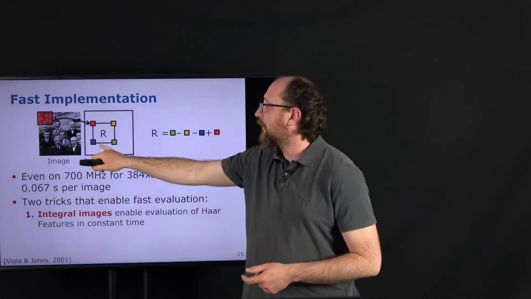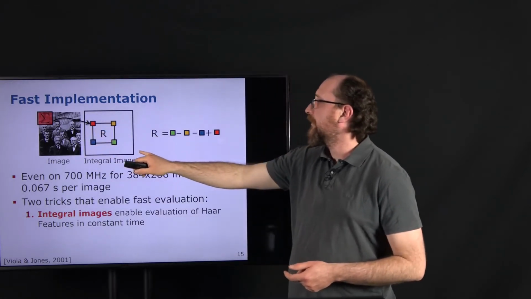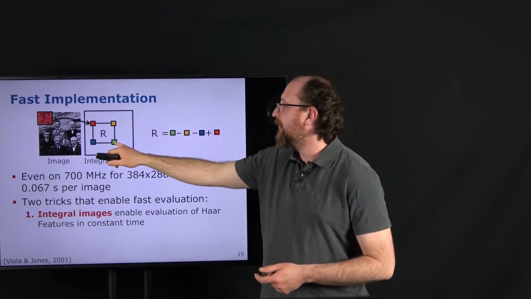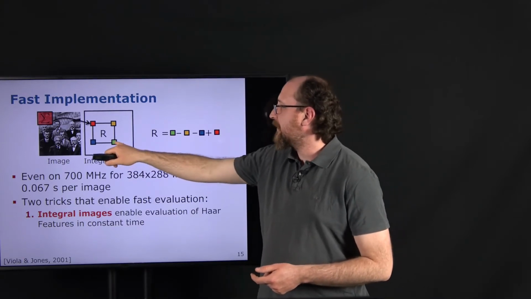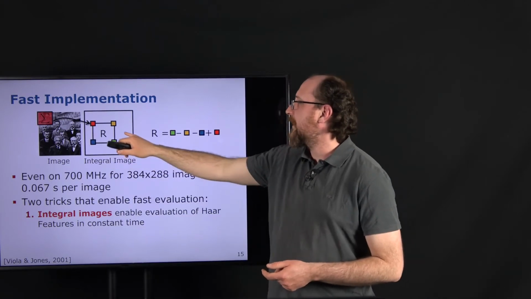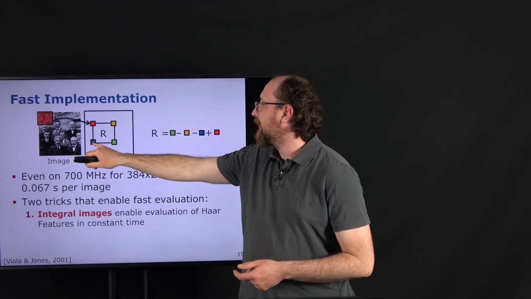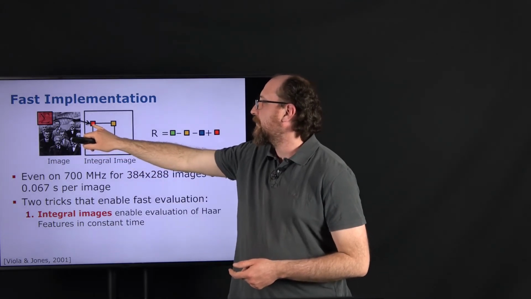The sum over the whole region is then the number in the green pixel minus the number in the yellow pixel minus the number in the blue pixel plus the red pixel, because